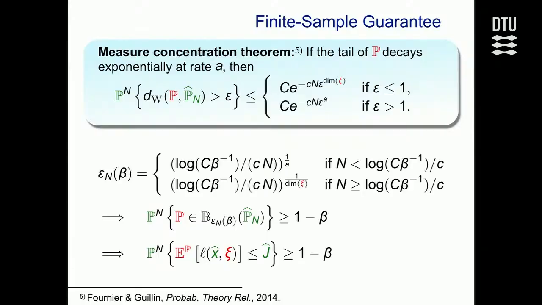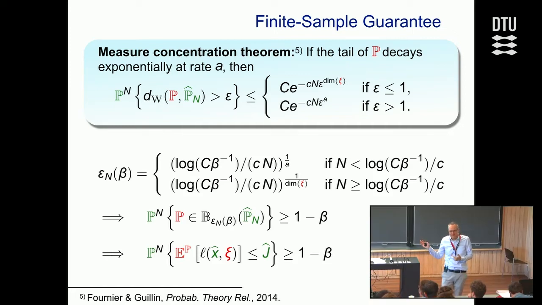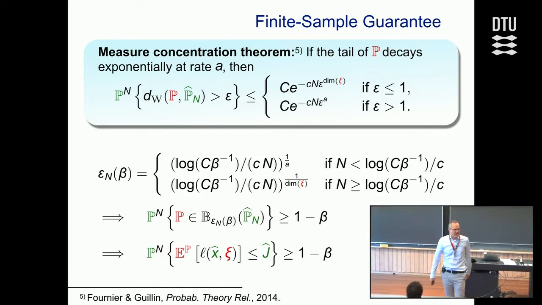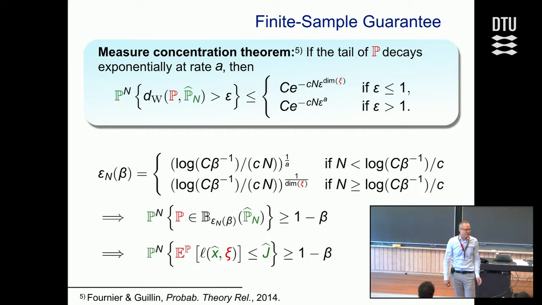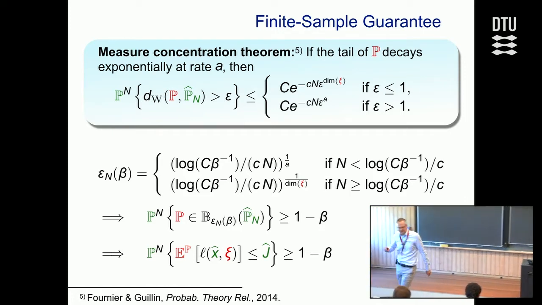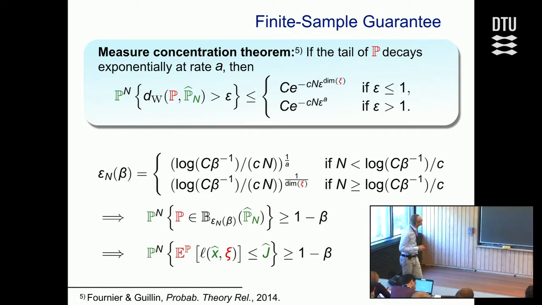Right. So actually, we have the 3 properties of our wish list: finite-sample guarantee, asymptotic consistency, and tractability. The first 2, I don't want to spend too much time on them, because that's basically probability theory and statistics, and I'm not really an expert for that. So I'm just basically using results from the literature that I can use to get these results. And this workshop is all anyway about optimization. So I would like to focus on the 3rd thing, which is the tractability, which is the important thing, because we need to know how we can actually solve this thing, right? But let me quickly talk about the finite sample guarantee first.